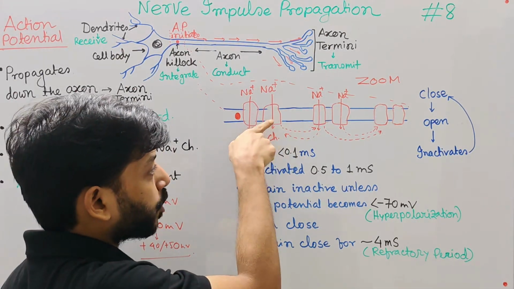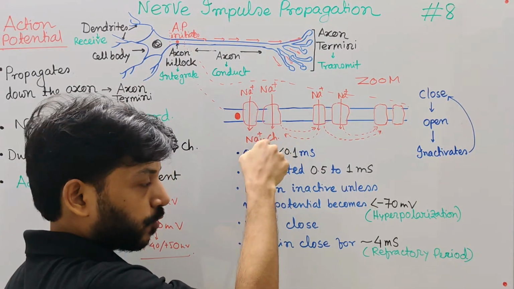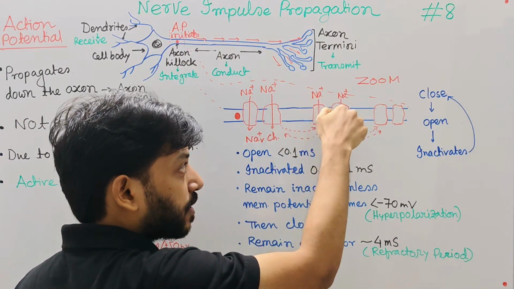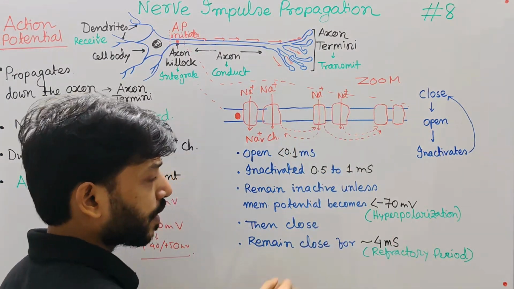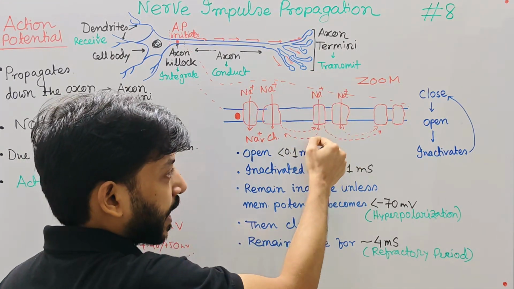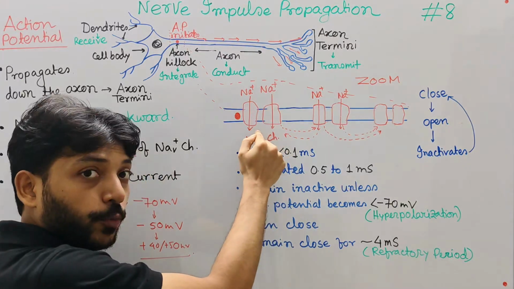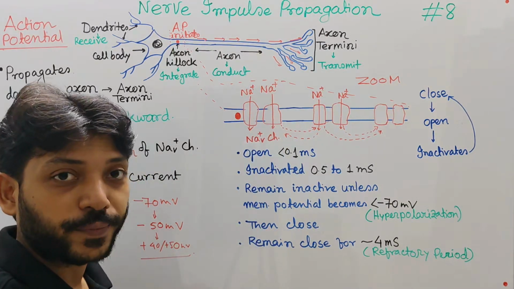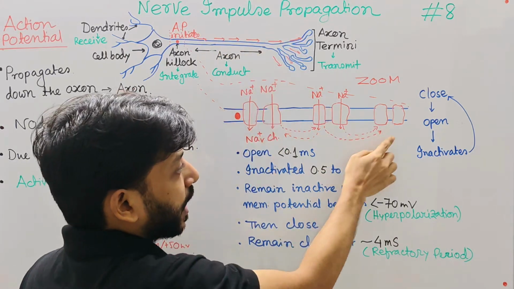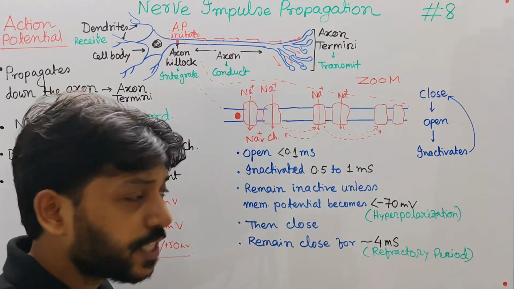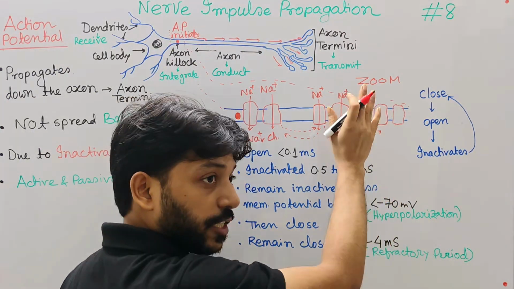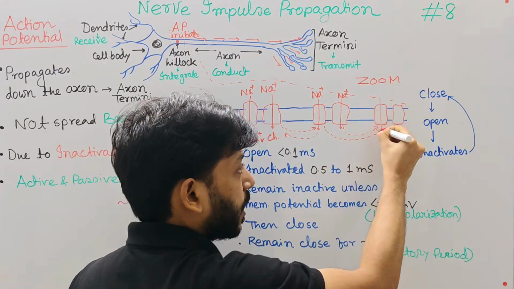So the passive spread of the current by these sodium ions can activate or actually open the adjacent segment voltage gated sodium channels. Now the sodium that enters through these sodium channels can passively spread, but it cannot reopen the inactivated voltage gated sodium channels. It can activate the adjacent segments away from the axon hillock and the sodium channels. So initially these sodium channels remain closed, but when passive current flows, it depolarizes, it opens, and sodium enters inside